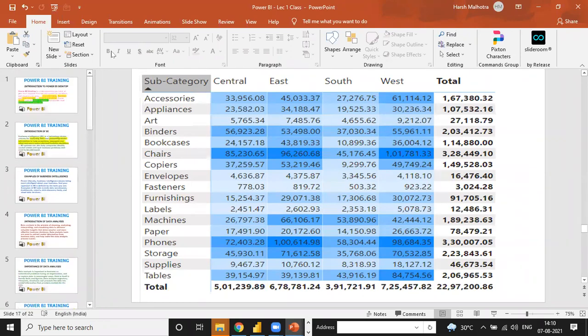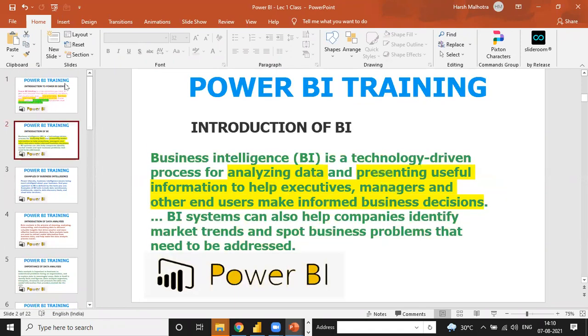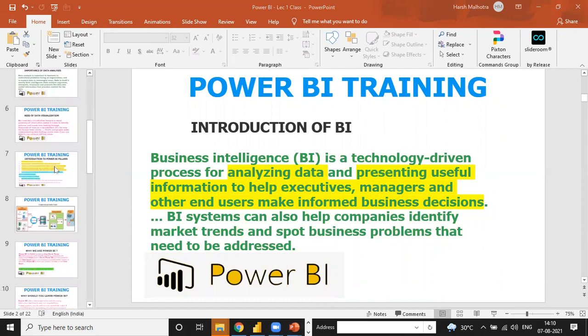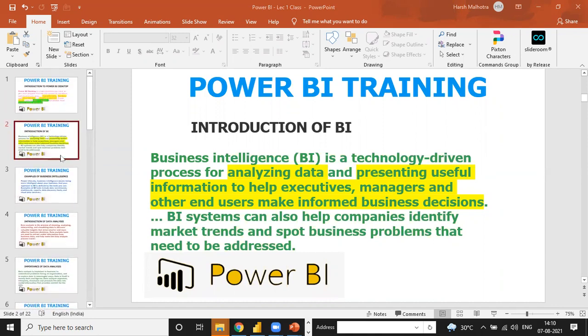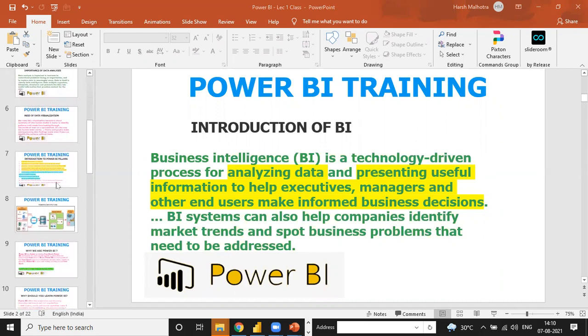So any doubt relating to anything, Kiran? I understand the overall concept. We need to understand how to extract the data, how to clean the data, and then put it into the right format. There are just 7 steps only.